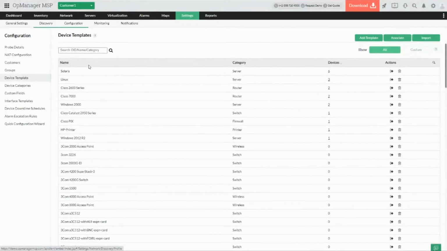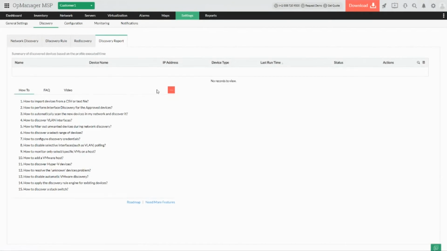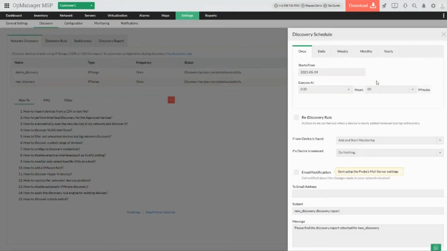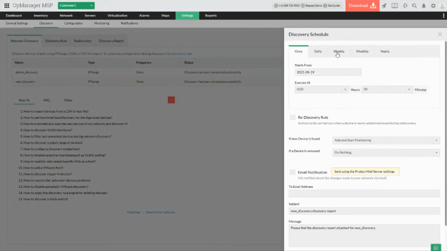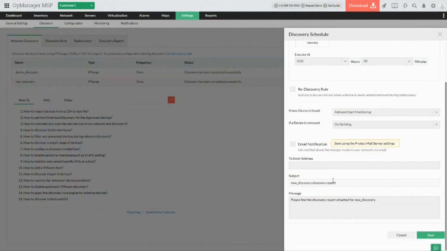Even after the discovery is completed, you will have a detailed discovery report which is going to show you what are the devices which got added, and in case you want to schedule a discovery, you can very well do it. All you have to do is click on the schedule option and then choose the respective time period. Let's say I want to do a discovery for this entire IP range every week on Sundays, and at this particular time, I would be able to automatically run the schedule, add the brand new devices, or update the existing device details in case there is any change in the server specs. And also, if I want an email report, yes, I can very well send it as an email attachment once the discovery is completed.